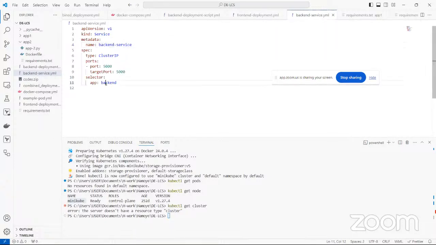So that's why we have this. And then you can see that for this cluster IP now, when you are creating a service, you are going to specify a type. So we are creating an IP and then the port. So it's just like, if you remember,